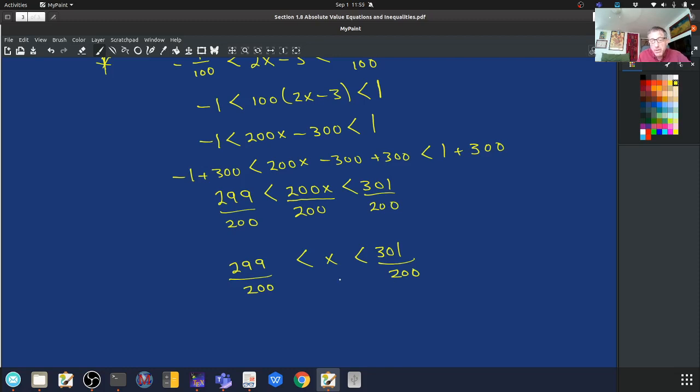And if you want to know what those numbers are, you can write it out in decimal form. But if you think about it here, we've got the common denominator. So that already tells you that x is within 1/100th of these two numbers. It tells you right here. So at any rate,